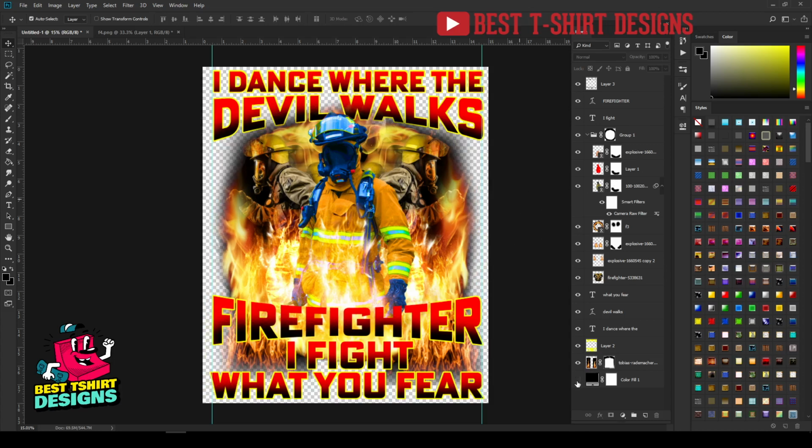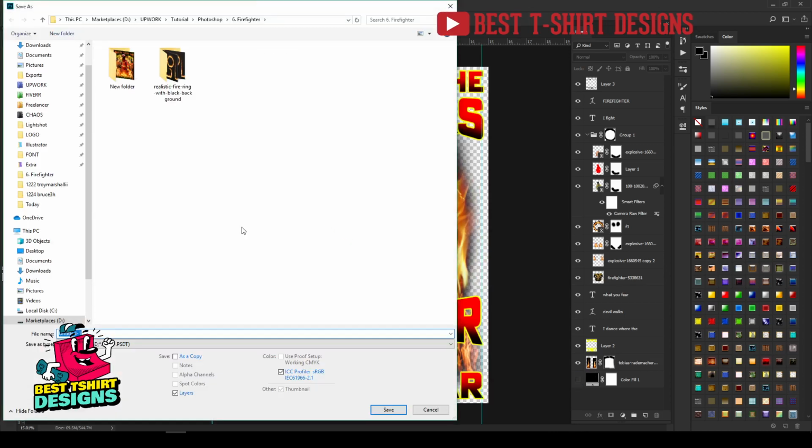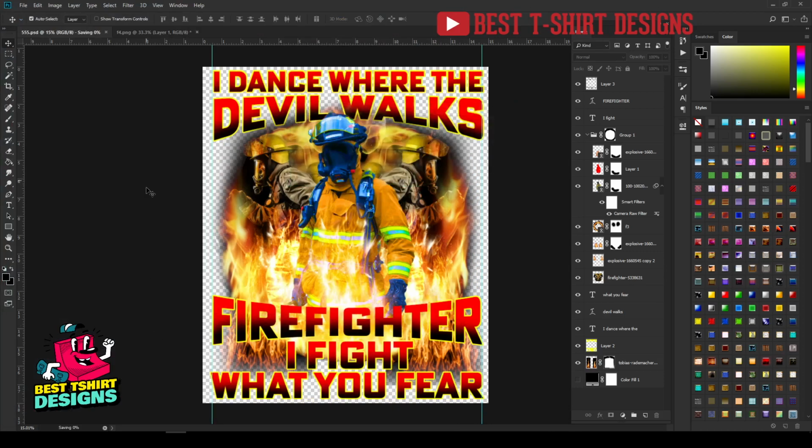Or you can simply turn off this black layer to see if there is anything going in the side of the design, because you should remove that. And this is how the main PNG will be, a completely transparent PNG. So let's say I want to save it, let's save it in any name we want.